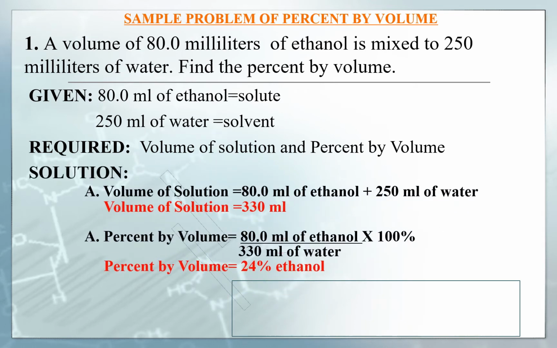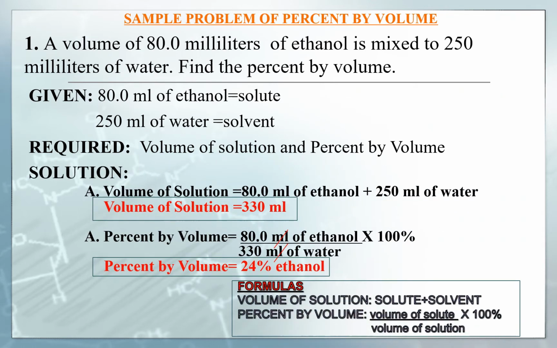The volume of solution is equal to solute plus solvent. Our solute is 80.0 ml of ethanol and our solvent is 250 ml of water. So 80 plus 250, we got 330 ml. This is the volume of solution. Then, since we have the value of the volume of solution, we can proceed to find the value of percent by